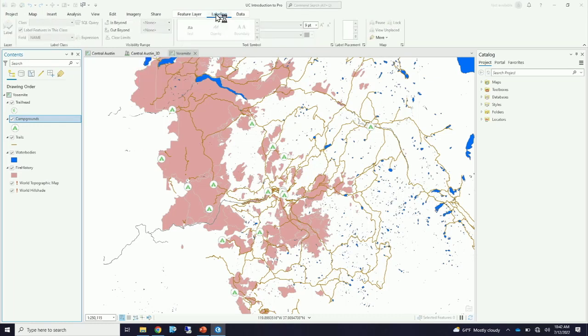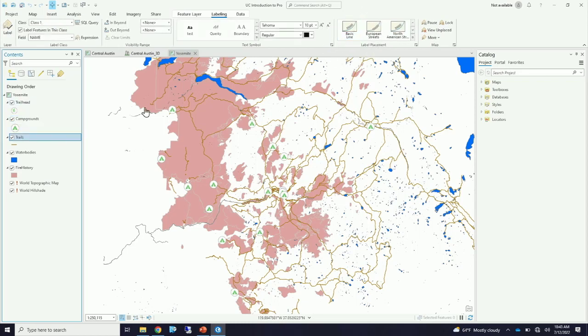I have a labeling tab. So those of you that are familiar with layer properties, these are layer properties. So these are things that we can access through the ribbon versus going to a property window. And this goes even a little bit farther. So with labeling, notice that we have an option for point. If I switch to trails, now it says line. So it even recognizes what geometry you're working on. So the tabs, context sensitive, they will adjust. Your ribbon will adjust. But I also like to take it a step further and talk about how the panes